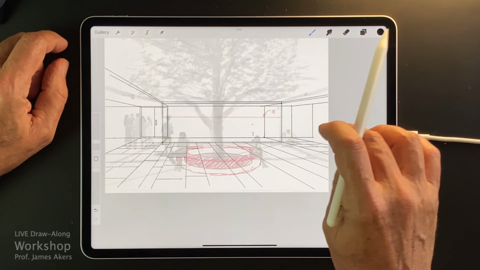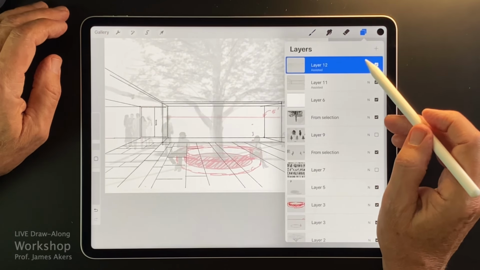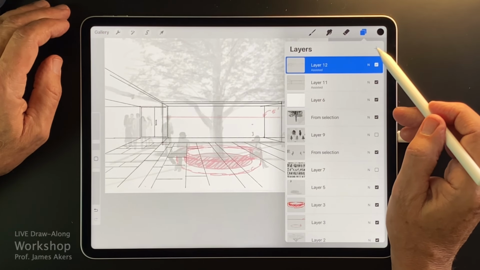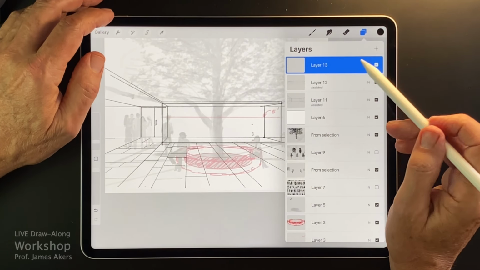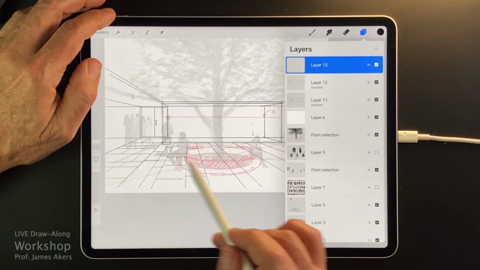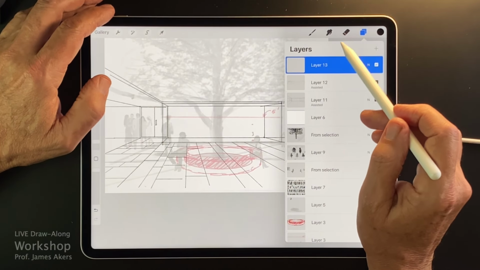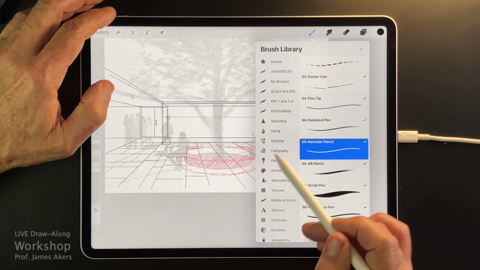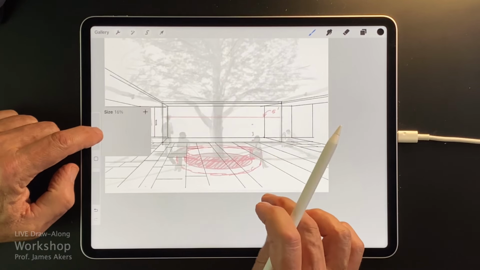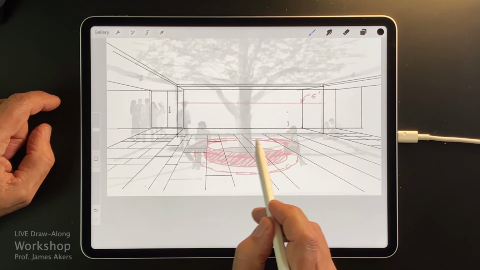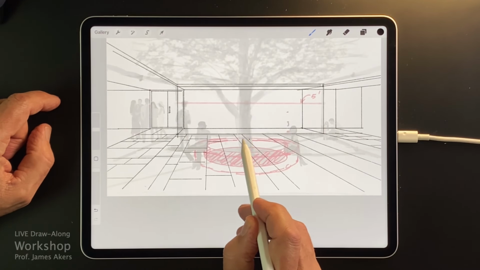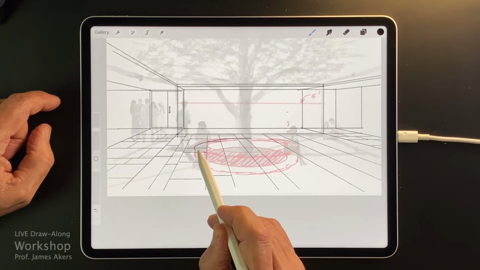So I'll stop there, and then let's do on another layer, let's refine that circular drawing we were doing, that circular bench, and I will use the Narinder pencil. I'll bump it up just a little bit, and this time, for speed's sake, I'm going to do the whole bench.